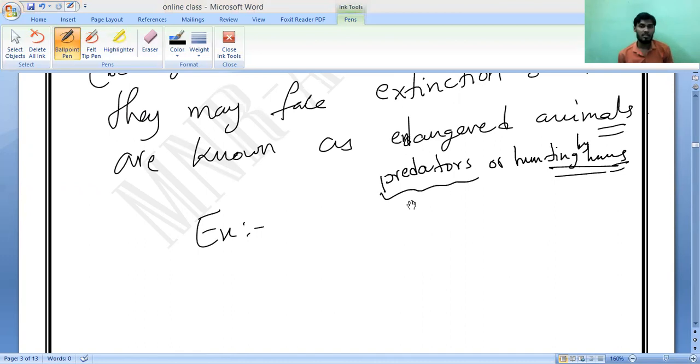Or else sometimes natural disasters also take place. So basically predators will kill them, or they will be hunted by human beings, or natural habitats are destroyed by deforestation, leading to lack of shelter, water and food. Suppose I cut trees, then so many animals will die automatically, because they live directly or indirectly on plants. These are the three reasons why the count is diminishing.